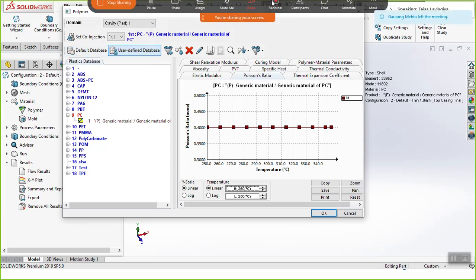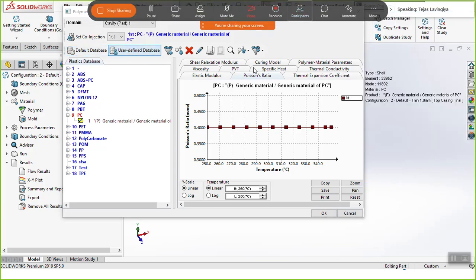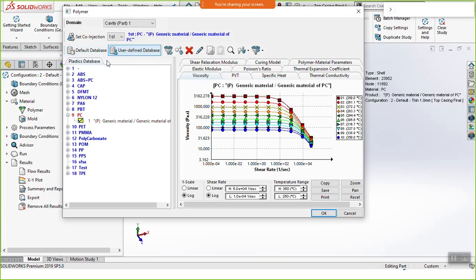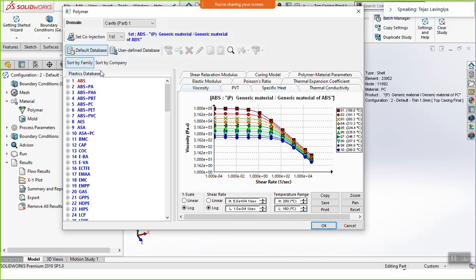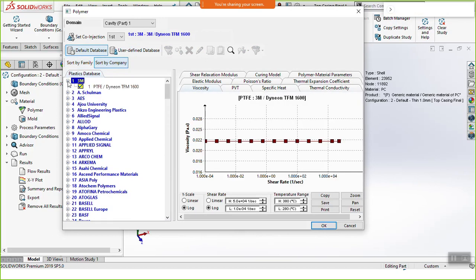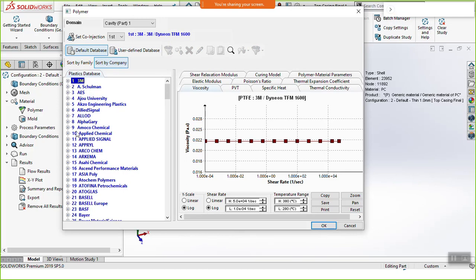Also, one good thing about this is that you can even filter the materials according to the various companies which are available, right? So if you are using some material, say for example, manufactured by 3M company, they are all bifurcated over here.